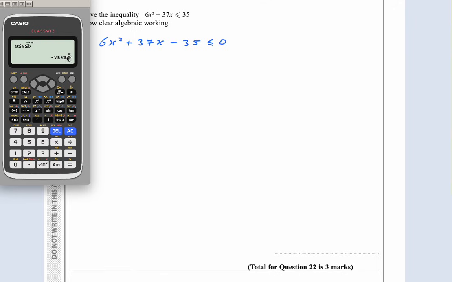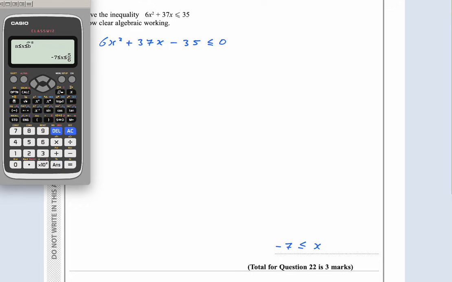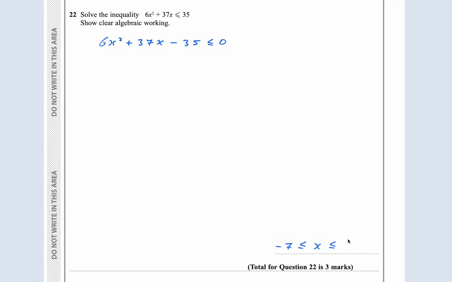X is greater or equal to minus 7, and x is less than or equal to 5 over 6. Okay, now the clear algebraic working we need to show is the factors. We need to factorize this. Now this again gives us a hint of what the factors are going to be. So if you want to kind of work backwards from this, you can go, okay,